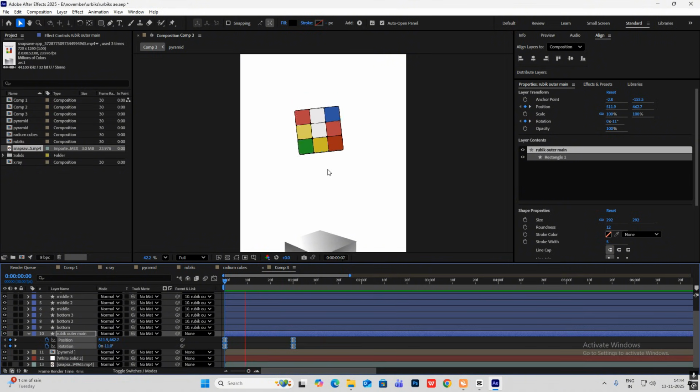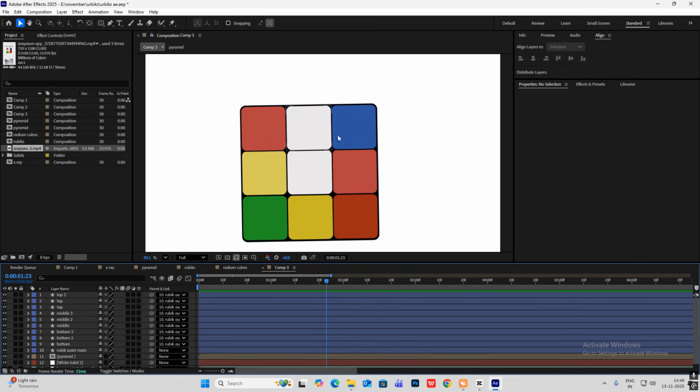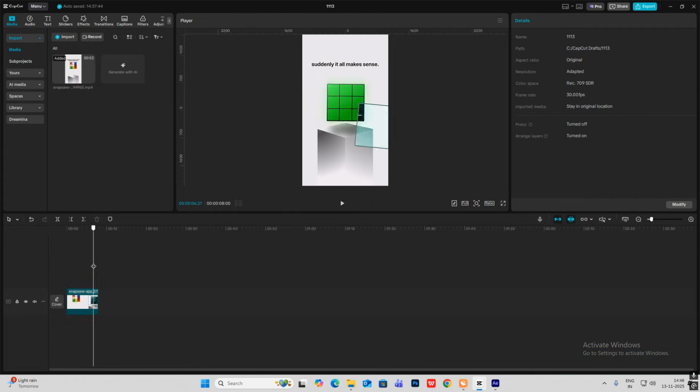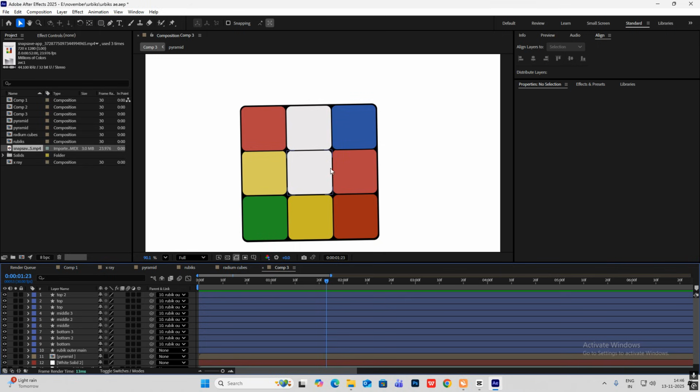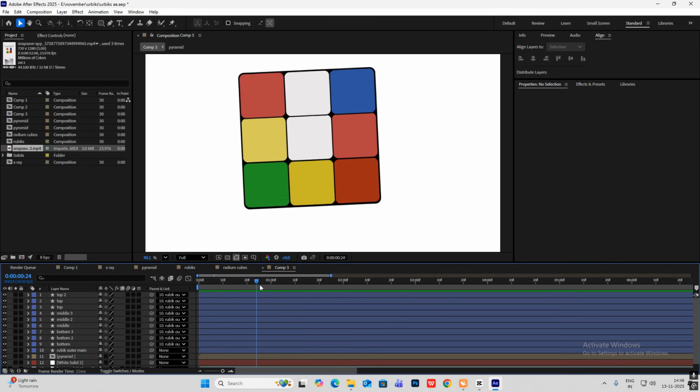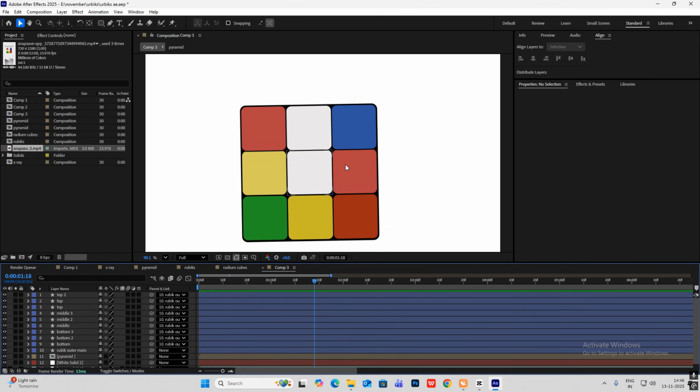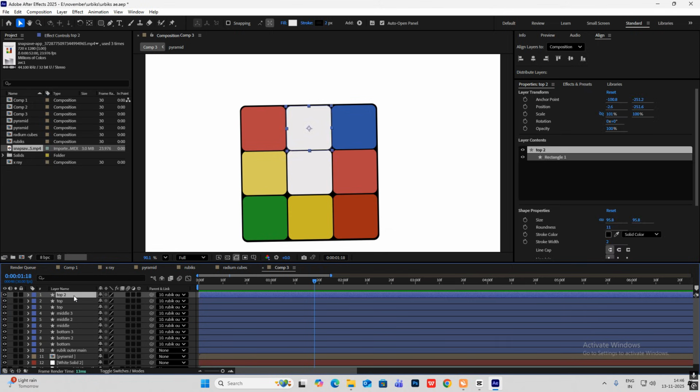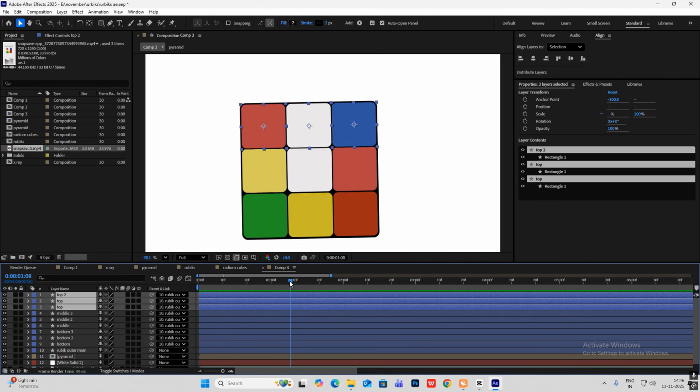So you get this animation. Now for the rotation part, as you can see over here, it's rotating. To make that, simply, after it comes down over here, first I'll rotate the top one. So I'll just select these three. Okay, so it comes down, and from here I'll simply select